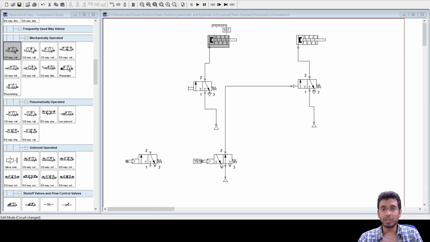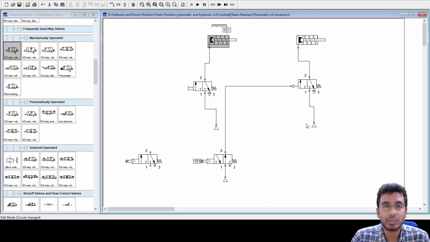Fine. So there you can actually set this begin and end. Sometimes you want to detect a range. For example, you say my roller valve should get actuated at 20% of the extension and it should go up to 40%. So there you can set, say, from 10 mm to 20 mm. These are the range you want to detect. If you do not want to detect a range, if you just want to detect a single point, then your beginning and your end value both will be the same. Only then you can detect a single point.